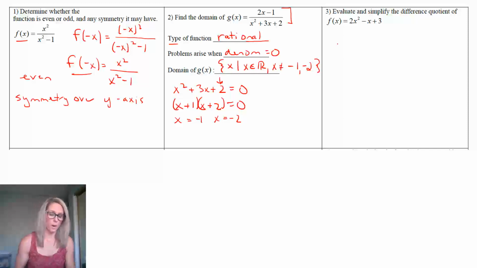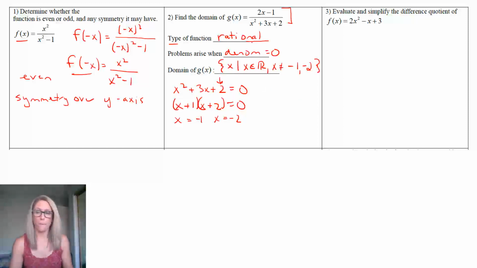A really good idea with these problems is to pause and just see how many of these problems you can do on your own, and then come back and watch the video to see how I do them. But you should try to do any of them on your own that you can first. That's going to create more of a connection in your brain than just watching me.